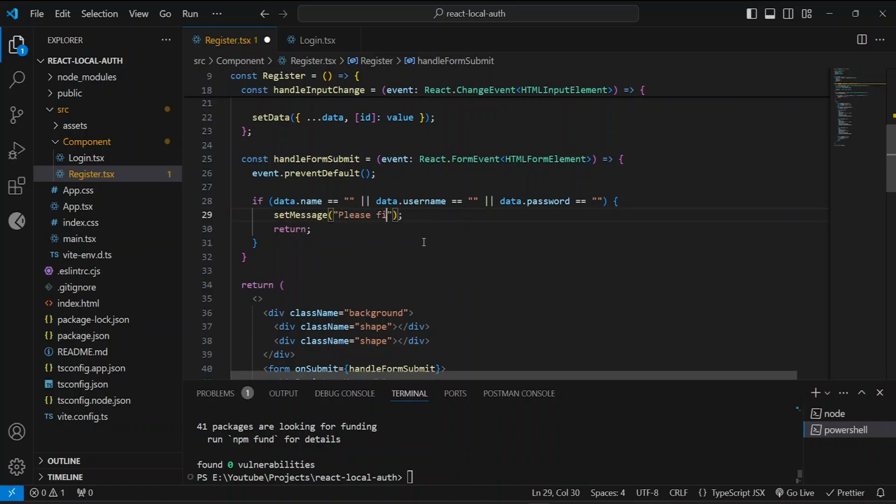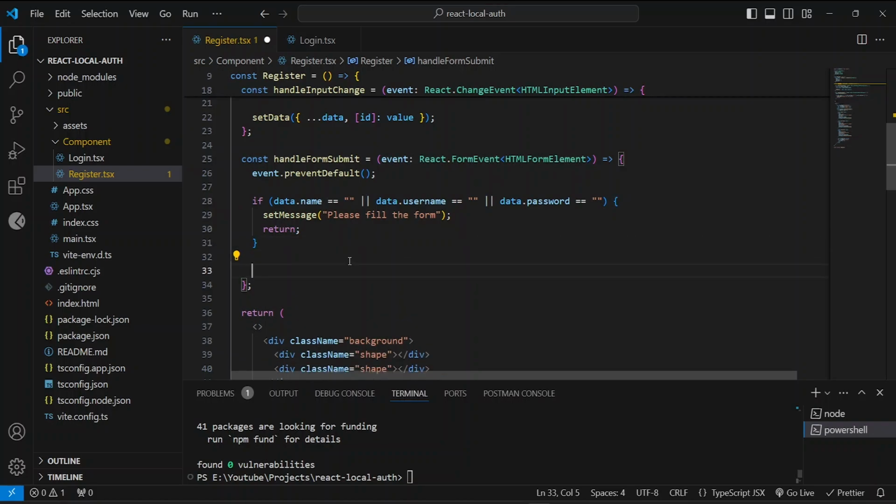Please fill the form, right? If it is okay, then good. Now we have to check if email ID already exists. Okay, if it does not exist, then we will proceed, and after that save the user in local storage,